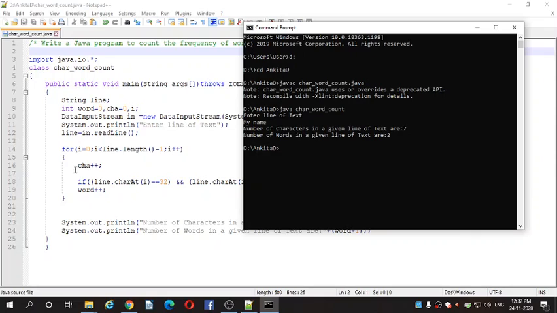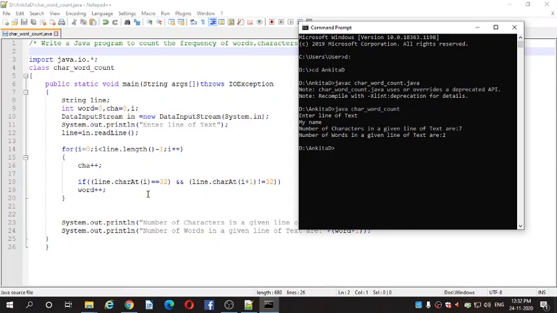Then it will enter into the loop. It will increment the value of character, that is char plus plus means 1. Then it is checking the if condition, that is line.charAt(i), that is 0, is equals to 32, means it is taking the first character M equals to 32. Condition is false. Then it directly comes out of the if.